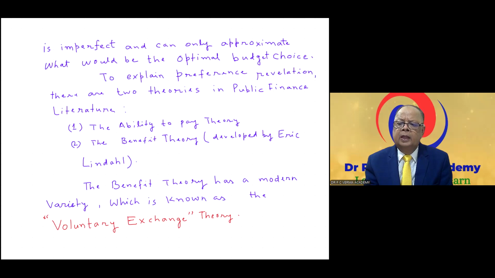So there are many methods to find out who is rich and who is poor and who is middle income group. Everyone has to pay tax. Poor pay GST. Rich pay income tax plus GST. Therefore, rich pay more than what poor pay. Middle income group also pay income tax plus they pay GST. So the burden of tax must be distributed upon different taxpayers on the basis of income or on the basis of benefit received from the public goods.